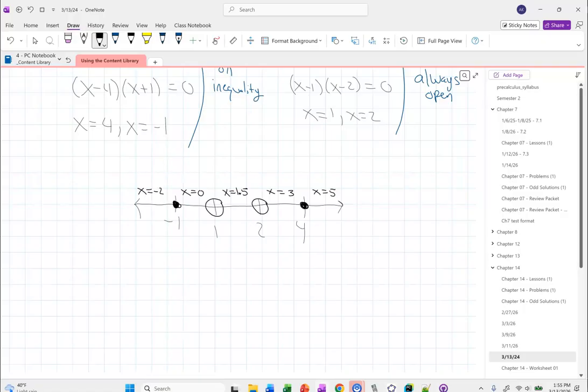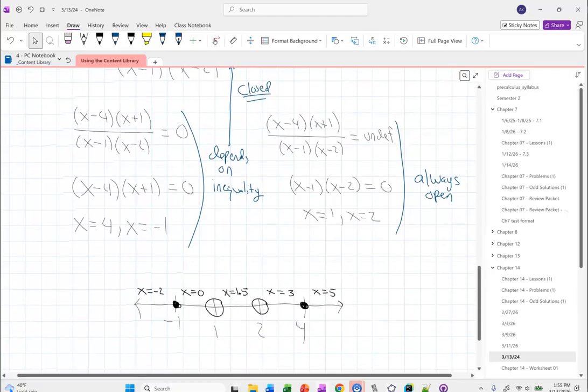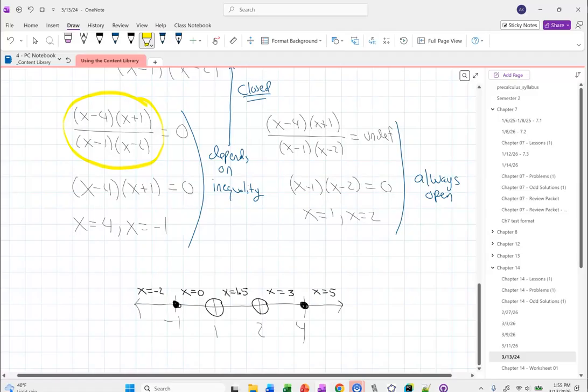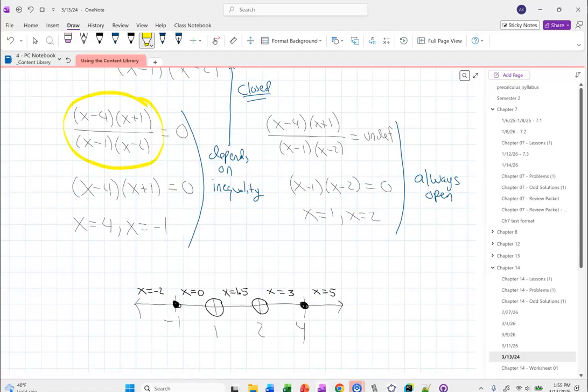Okay. What I'm going to do now is plug these into the factored form, because all I care about is if my test value gives me a negative or a positive. So when I plug -2 in, I get negative, and then here negative, and then here negative, and then here negative. 4 negatives is positive. Is everybody okay with how we did that?